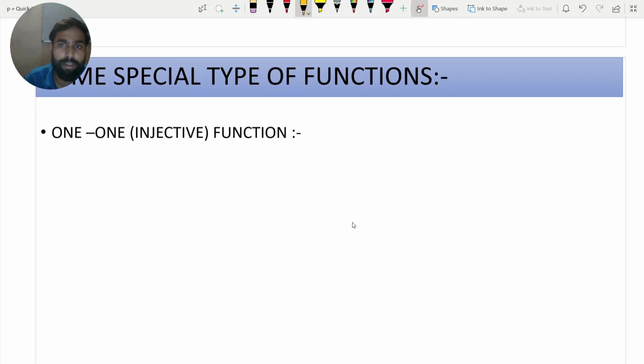Some special types of functions. We have some special types of function like one-one function. This is also called injective function. For example, we take an arrow diagram.